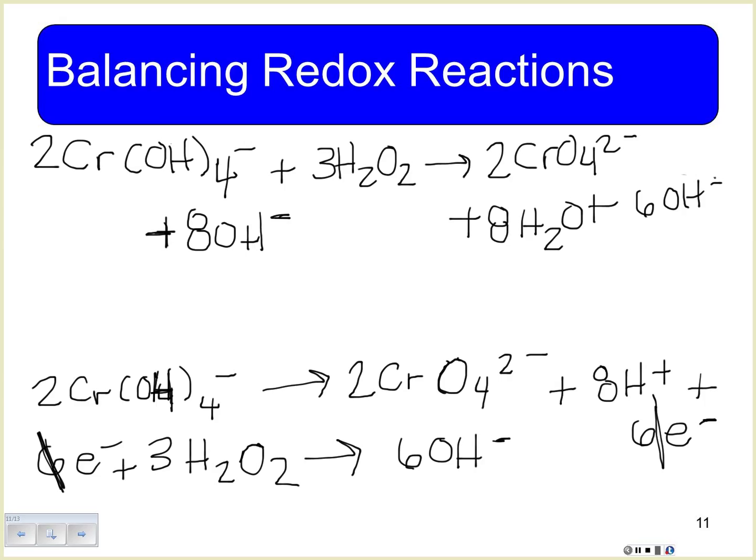The last step that we can do is see how we have hydroxide on both sides. So what we can do is simplify. So we can cancel this out, 6 into 8, and we have 2 left over. So the final